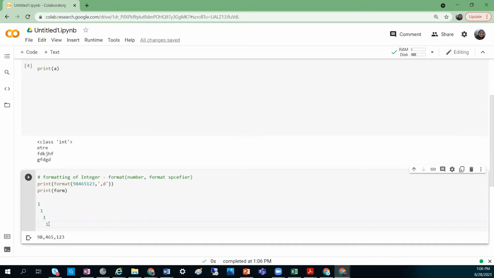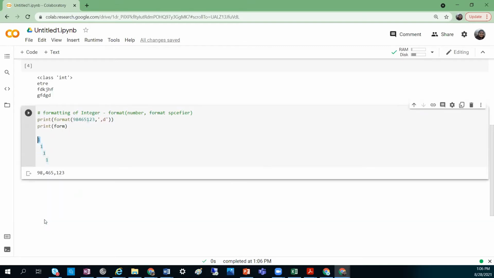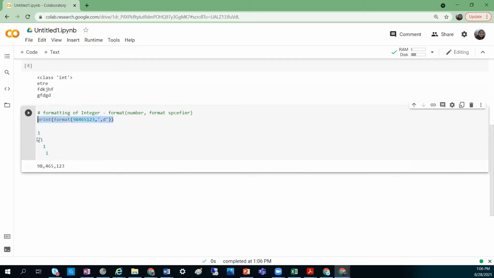Like you want to print a number at a certain specified width, whatever your need is, okay? So if I need the spaces here, how do I do that, right? So for that, what you do is,